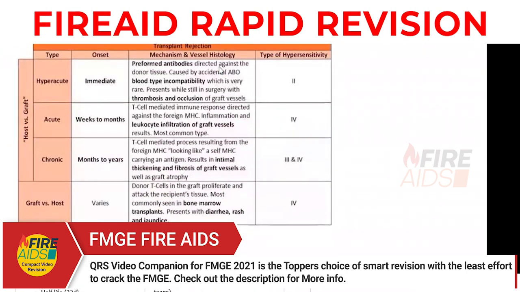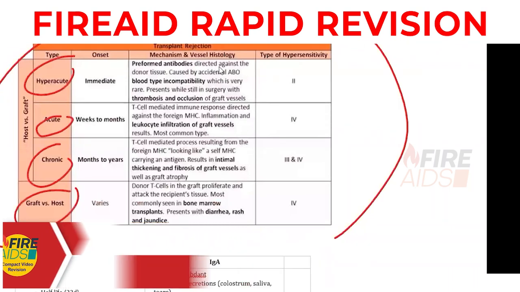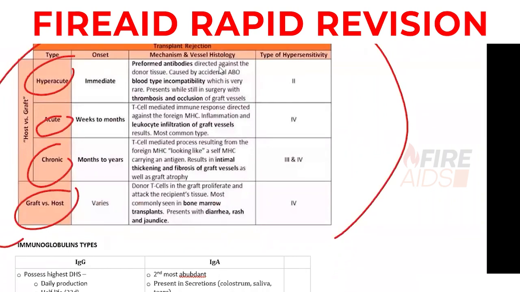Then we saw about the reactions, transplant rejection. You have to know it can be hyperacute, acute, chronic, or graft versus host, which I told yesterday itself. Hyperacute is the one that occurs immediately. Acute takes time. Chronic takes more time. In graft versus host, you cannot say the time. So what you need to know from here is